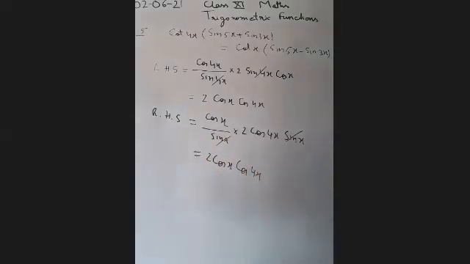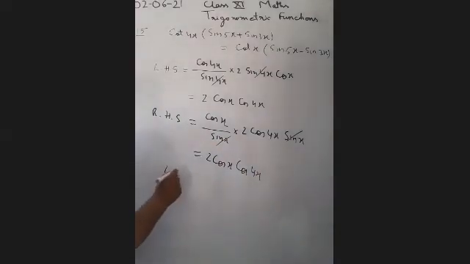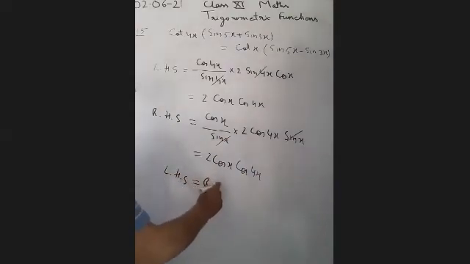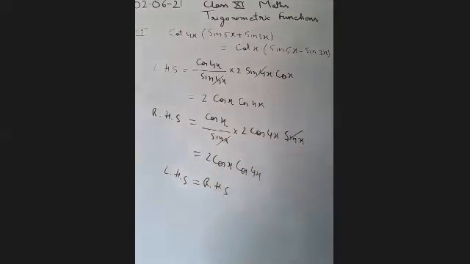So we get the same answer from the left hand side and the right hand side. That's why left hand side is equal to right hand side. Generally, we go directly from left hand side to right hand side, but here we have worked on both the sides, and then we get what we want to prove.